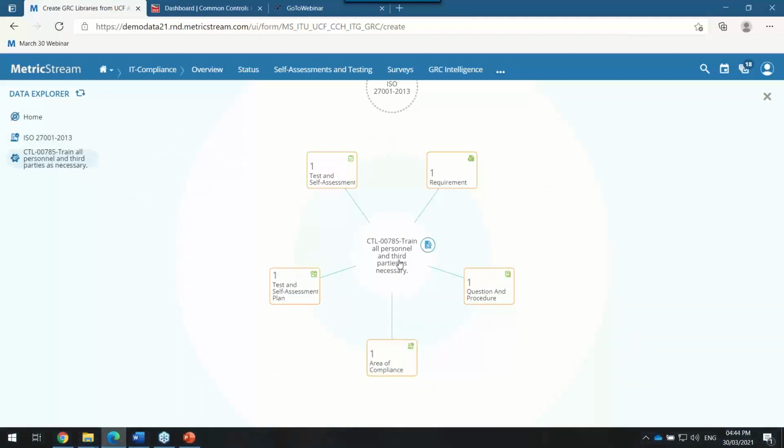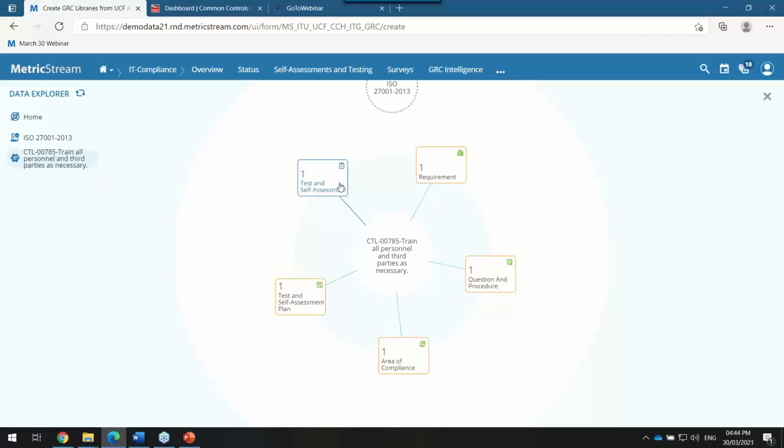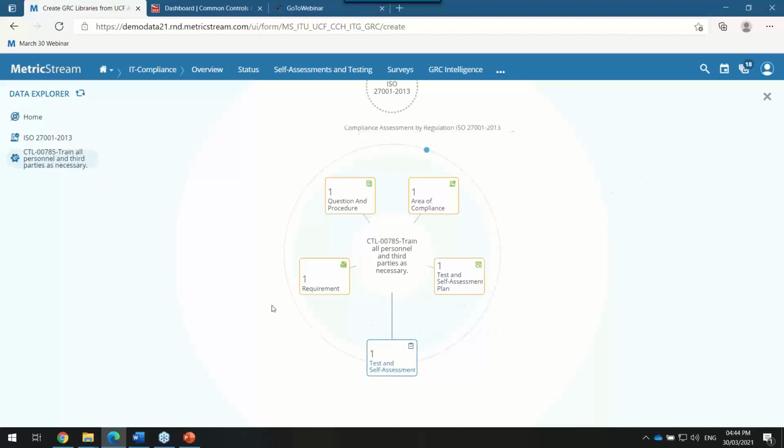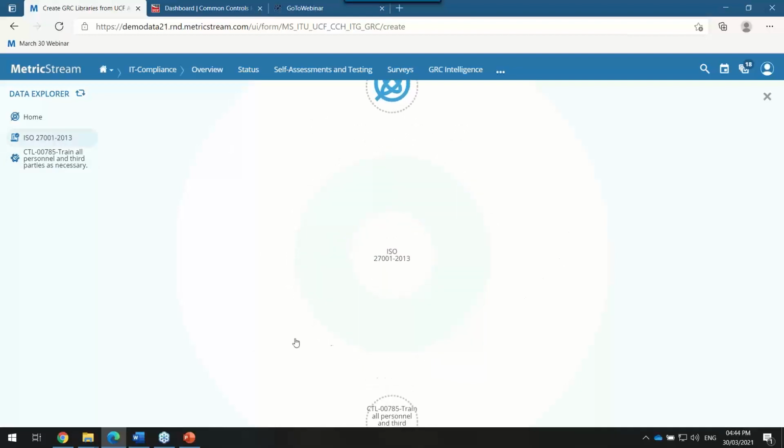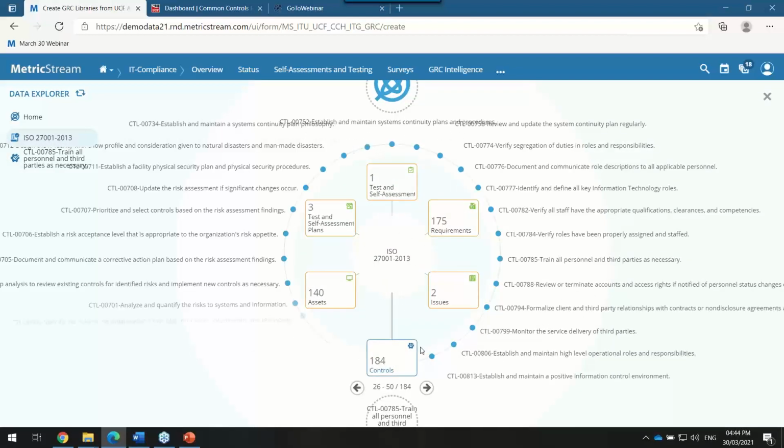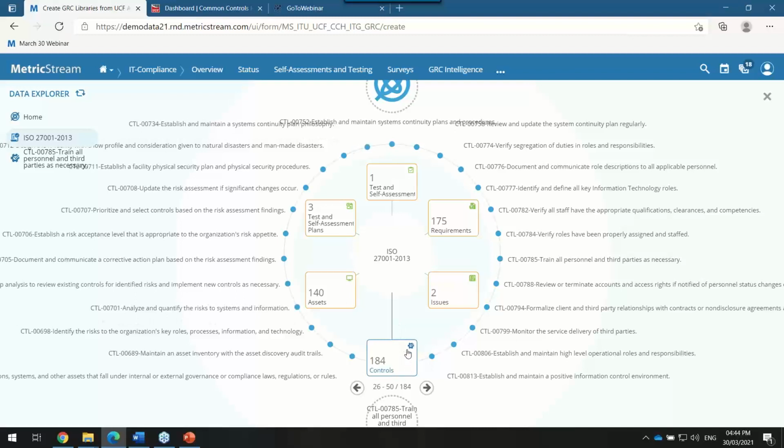Again, I can further drill down to say this control, where it says train all persons and third parties as necessary, is again further linked to another requirement, which is from the ISO. And it's also linked to one of the questions and procedures, what we call audit questions, right? And again, further, as you enrich the content and try to create value for the content by going over other different second-line functions, it also says this control is going through a test and a self-assessment plan, which is already open, right? You could also see and view what that information is and so on and so forth, right? So this is a great value addition to really give you that kind of a sneak peek to give you the whole 360 picture with a built-in robust relationship model here, right?